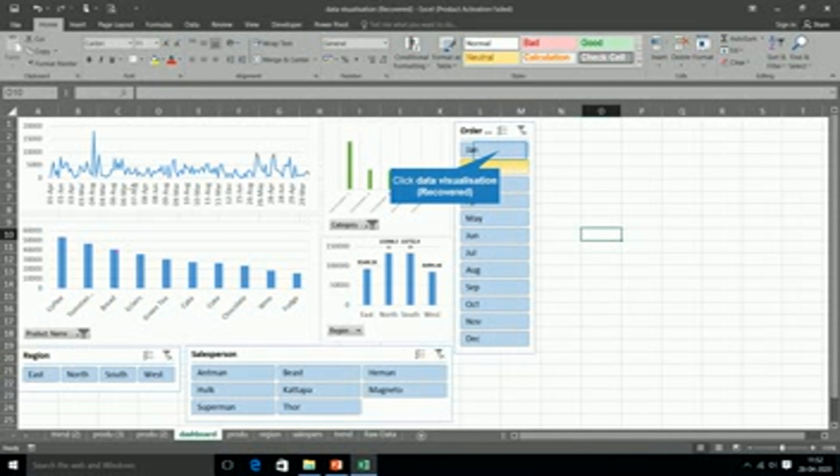This line chart will be telling you the day by day sales of the retail outlet. Then this bar chart will be telling you about the product wise sales that happened in the last year. Then this bar chart will be telling you about the top 5 product categories that are being sold, and this will be telling you about the different regions in which you are working. And here we have inserted slicers to get more insights into the data.